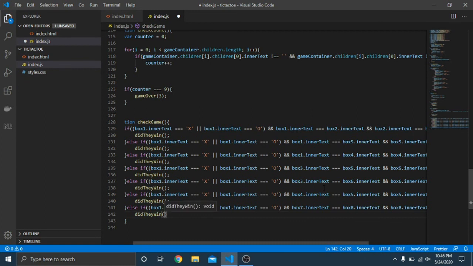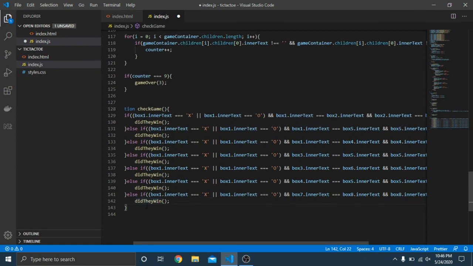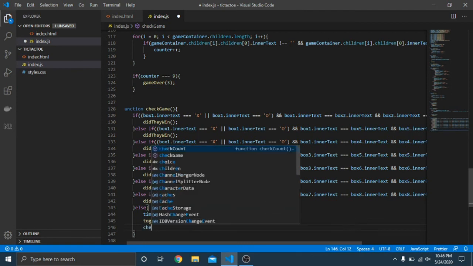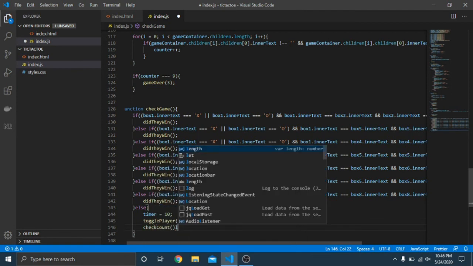And say did they win. Now for the else, we simply want to say timer is equal to 10, meaning that we're resetting the timer to 10. We want to toggle the player to the next player's turn, and then check that count again to make sure that